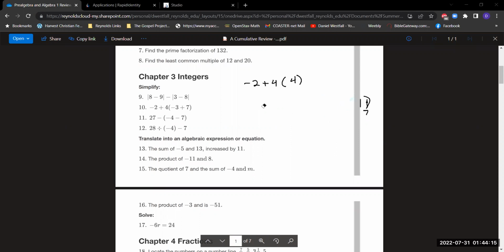I really like using number lines when dealing with integers, so that you can see that it doesn't matter as long as you go the direction of the sign that goes with that number. So now we're going to have this multiplication before this addition. -2 plus 16, 4 times 4 is 16, 16 minus 2 is 14. Okay. On to problem number 11, 27 minus